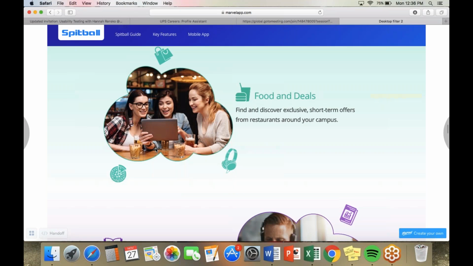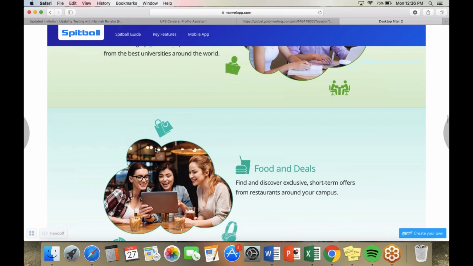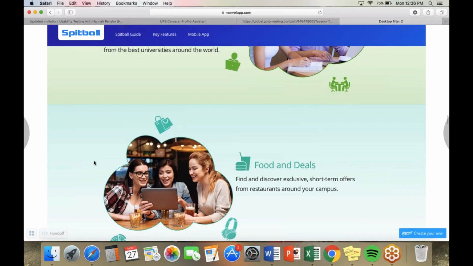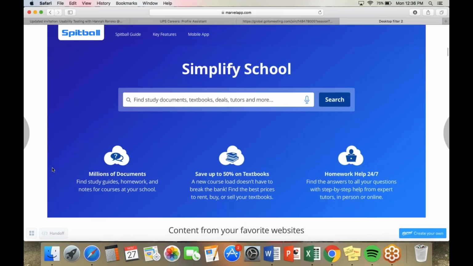I saw down here it said something like food and deals. Somehow it would be connected to my campus, like to Ohio State or whatever school you're going to, but I'm not sure how that would be connected. Do I have to sign on and put that information in, make an account? Would you want to make an account? Yeah, if I could save things,